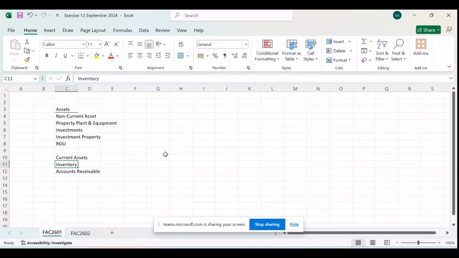So all that we are doing is taking an element of the balance sheet and going deeper to understand how to recognize it. If I see property, plant, and equipment, what is the definition? What is property, plant, and equipment? How do I recognize it initially on the balance sheet? What is the recognition criteria for me to be